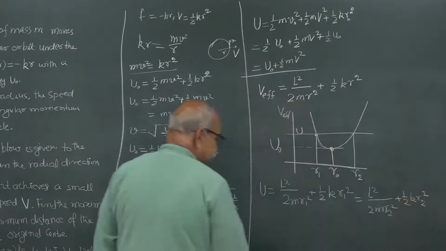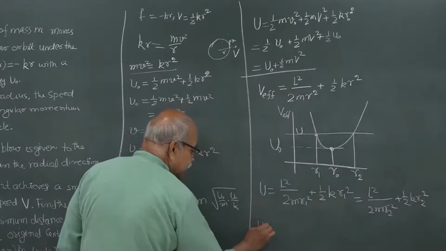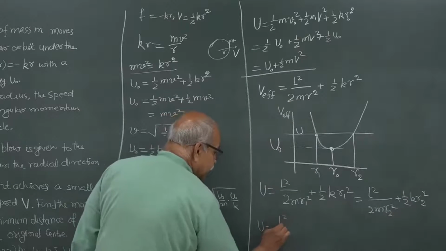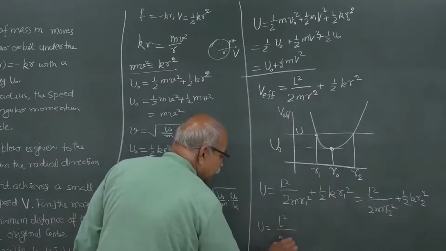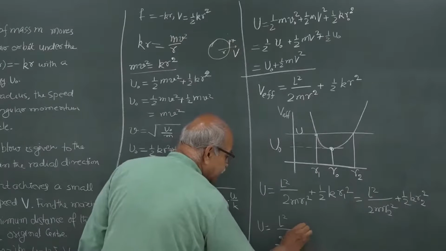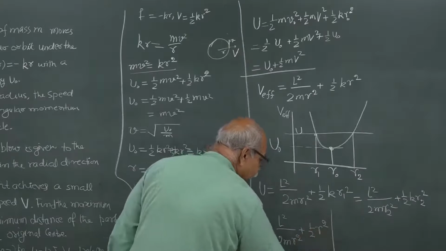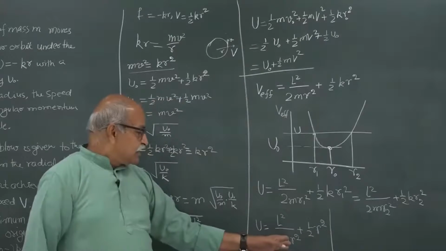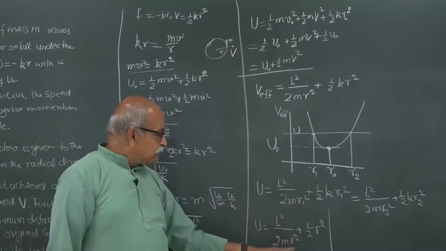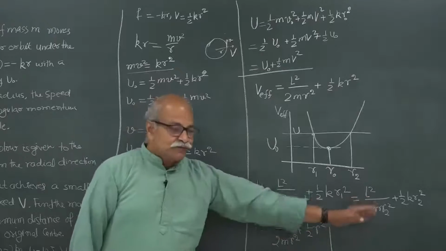So, now you have the equation. Essentially, u is equal to L square by 2 m r square plus half k r square. It is this equation which will give you two values of r, one will be r1, one will be r2,